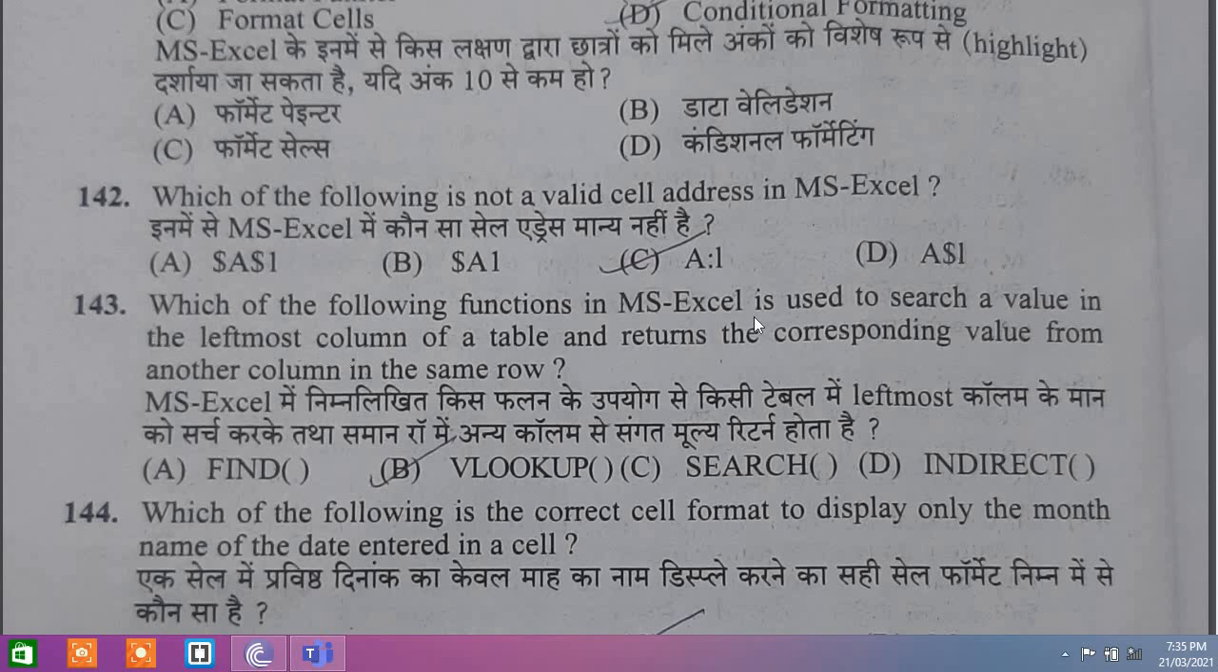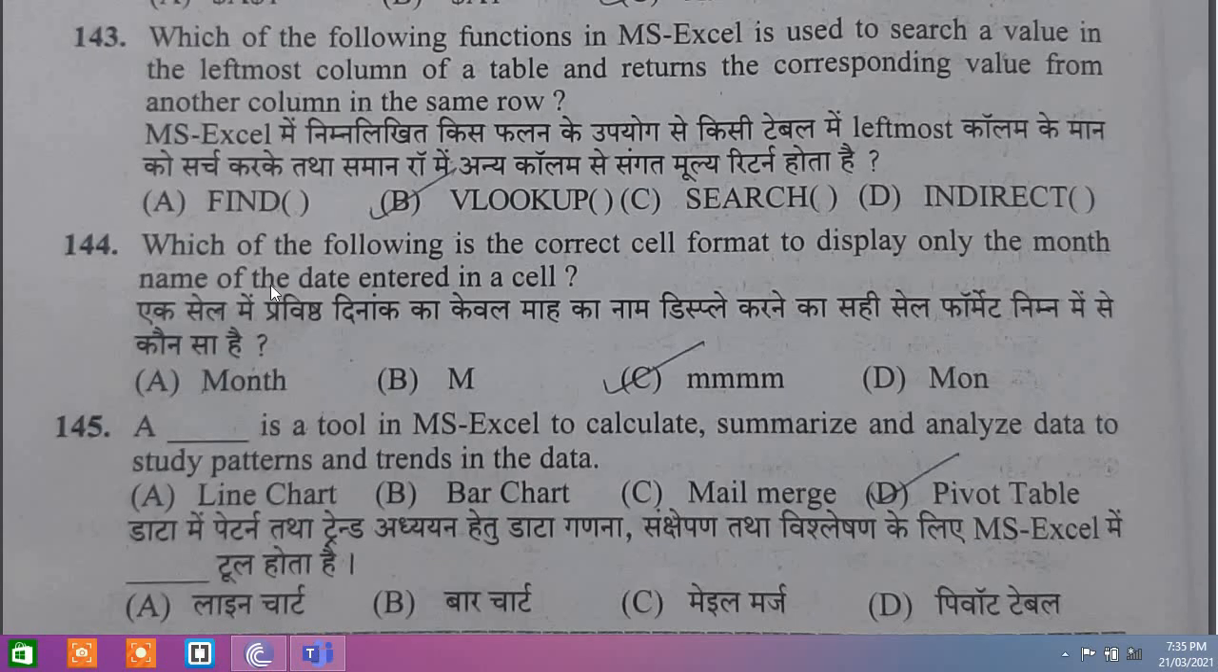143, which of the following functions in MS Excel is used to search a value in the leftmost column of the table and returns the corresponding value from another column in the same row? So that would be B, that is VLOOKUP. 144, which of the following is the correct cell format to display only the month name of the date entered in the cell? So the correct answer would be C, that is MMMM. 145,